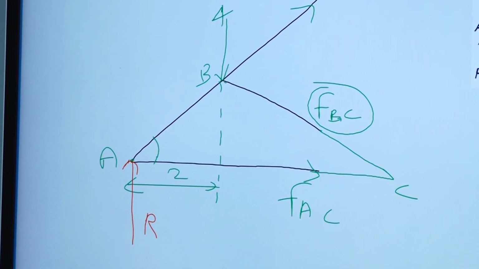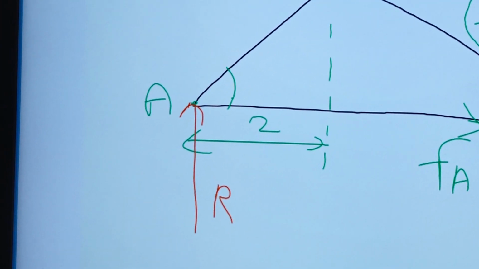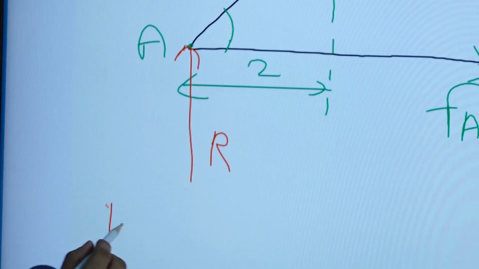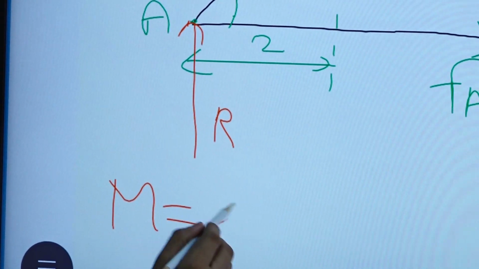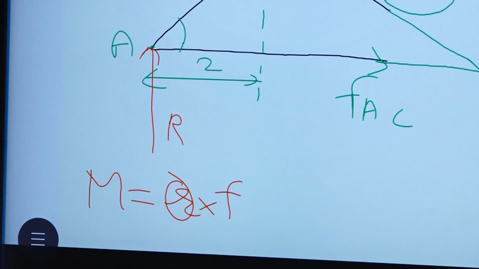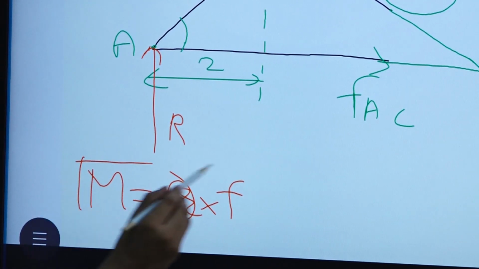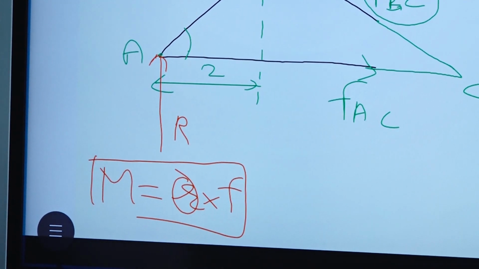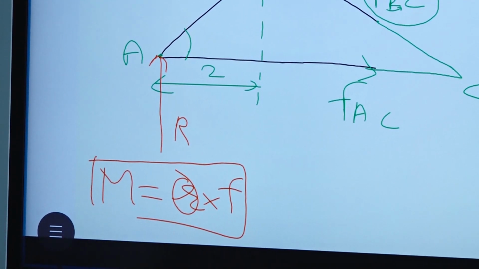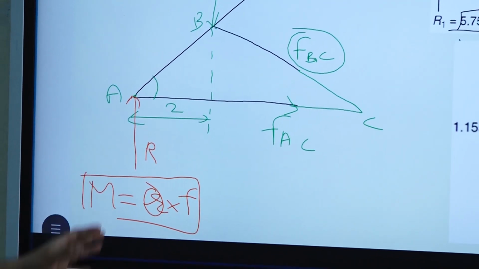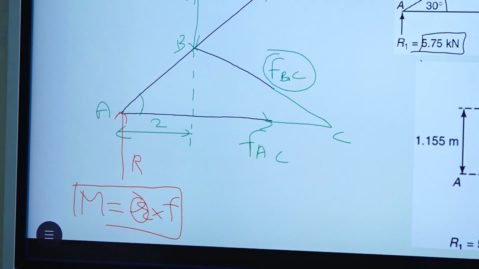Why we can easily find out FBC? Because all the forces are passing through point A, so their moment will be 0, right. What is the formula of moment? R cross F. If R is 0 from the point, this whole thing will be 0, right. So that's why we are going to make this problem very easy, even though it is looking very tough, but when we solve it properly, we can easily solve it in a very easy manner, right.